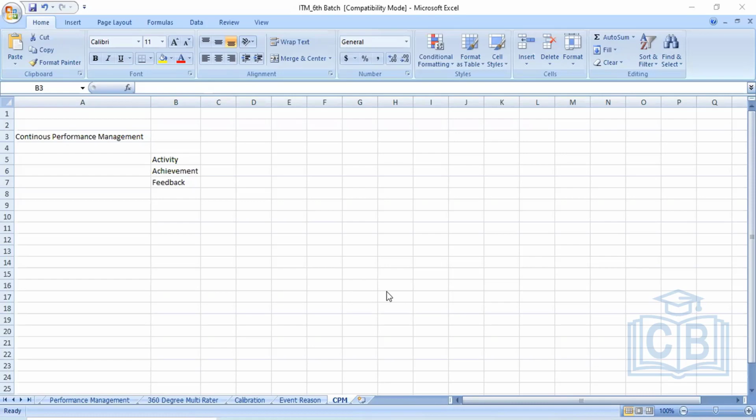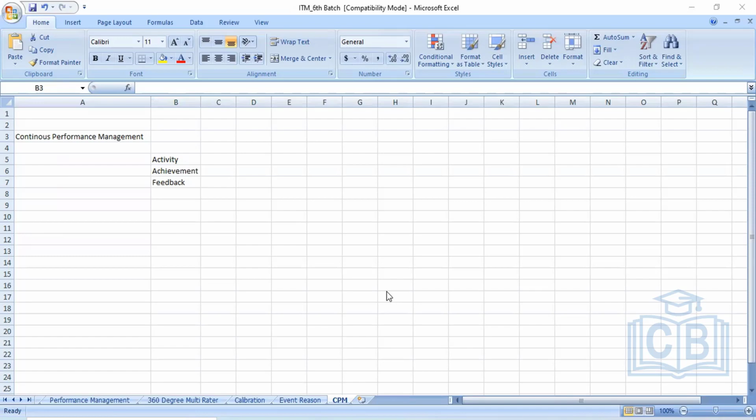This is the status of that particular active task. So that update will also be seen by the manager. If the manager wants to give some input on that goal status, the manager can mention it in this CPM, that is continuous performance management. So what is happening? There is connectivity going on a daily basis, on a weekly basis between employee and manager with the help of this functionality, with the help of this tool.